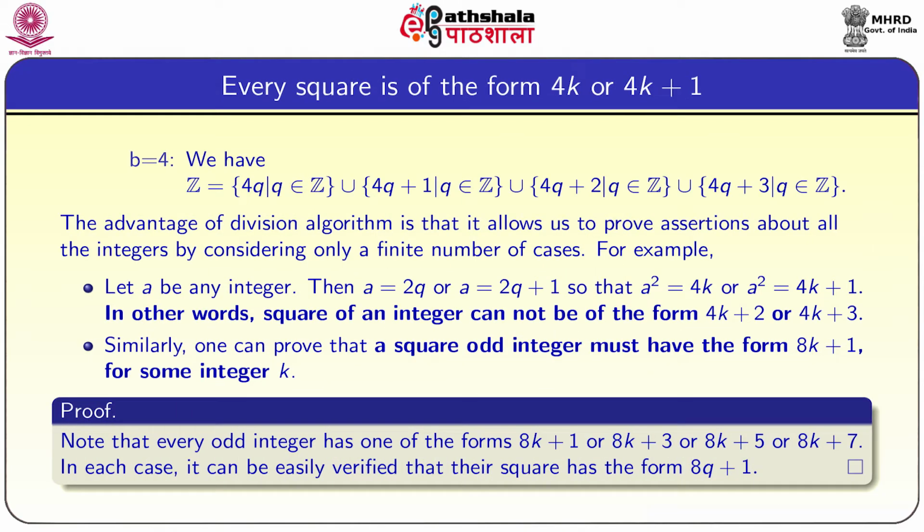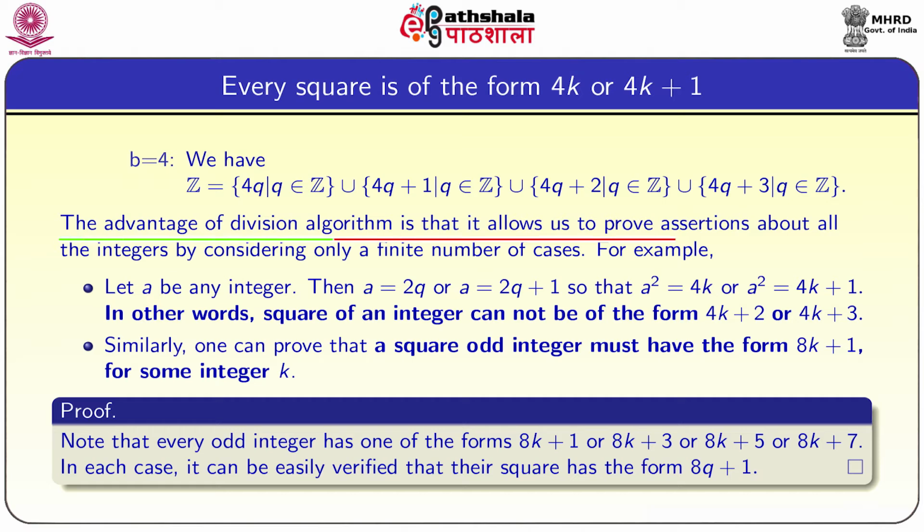So, this can be extended. For example, when b = 4, we have 4 bags, that means the set of integers is divided into 4 sets such that any 2, if I take arbitrarily, have empty intersection. That means an integer cannot give remainder 1 and 2 at the same time if I divide it by 4. So, the set of integers is now divided into 4 parts: all multiples of 4, all multiples of 4 plus 1, all multiples of 4 plus 2, all multiples of 4 plus 3.